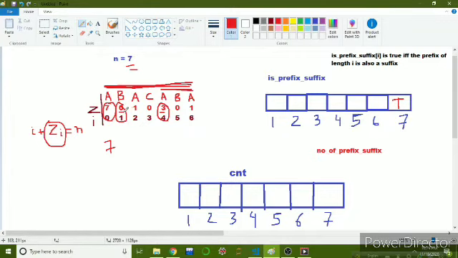That means we are talking about some empty substring or empty prefix. So we can just ignore this index and go to the next index, add these two, and this is 3. That means the prefix of length 1 is not present as a suffix till now.